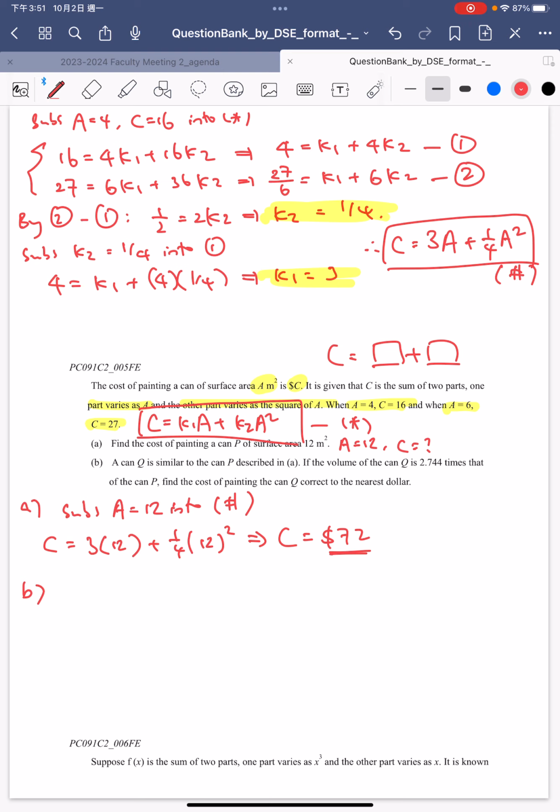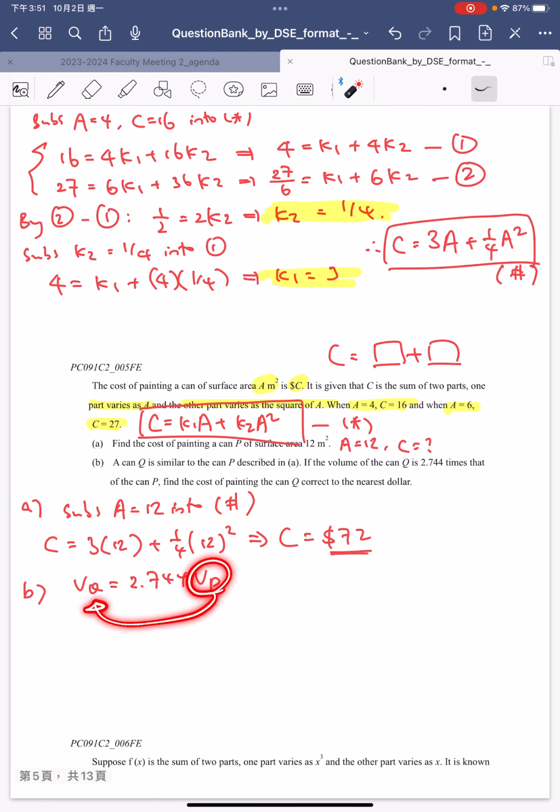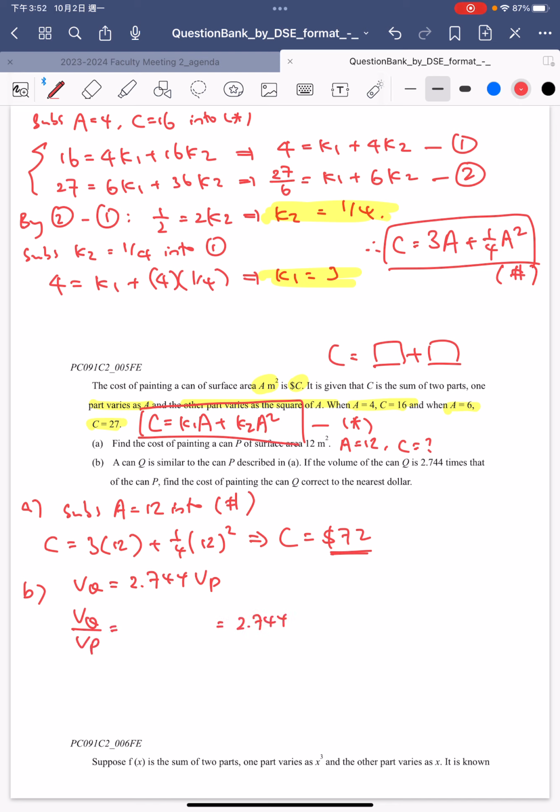So we have VQ is equal to 2.744 times VP. If you move the VP to the left hand side, we can say VQ divided by VP is equal to 2.744. If you still remember the volume relationship, the volume ratio is actually equal to the length ratio cubed, isn't it? So now if you take the cubic root of 2.744, then we can say that the length of